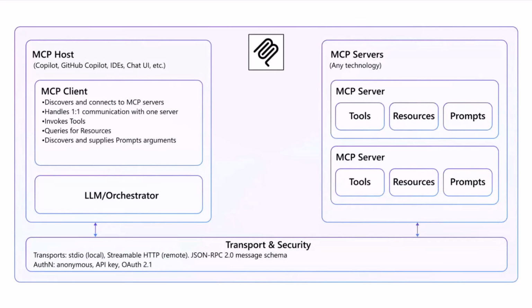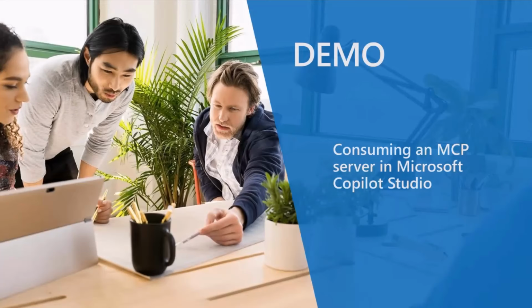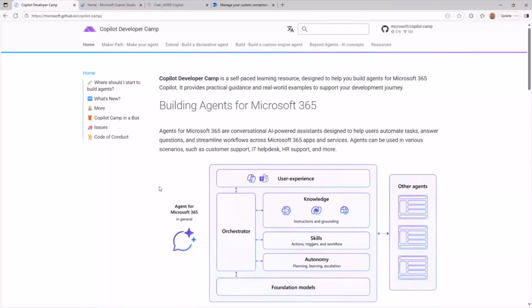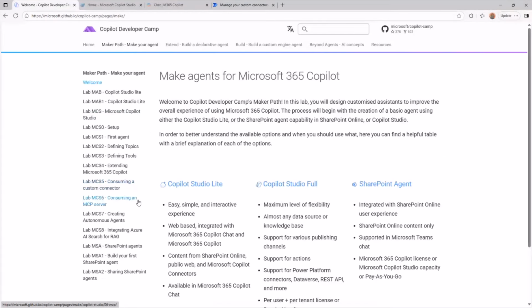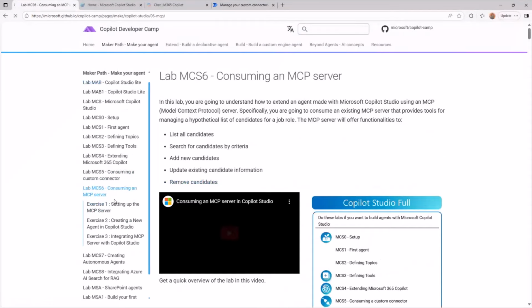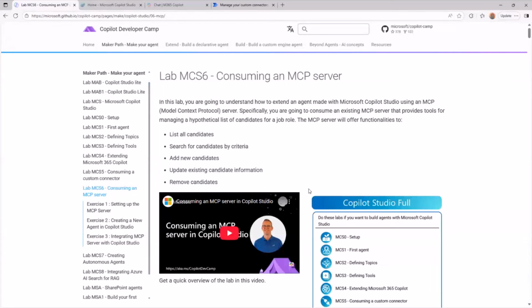So that said, let me move to the demo. Let me show you what we have in the lab inside the Copilot Camp. First of all, I'm going to show you the Copilot Camp homepage. In there, if you go into the maker pathway, you can find lab number 6, which is about consuming an MCP server. And that's precisely what we're going to do right now in this demo. And if you want to do that on your own machine, just go here and have fun with this lab